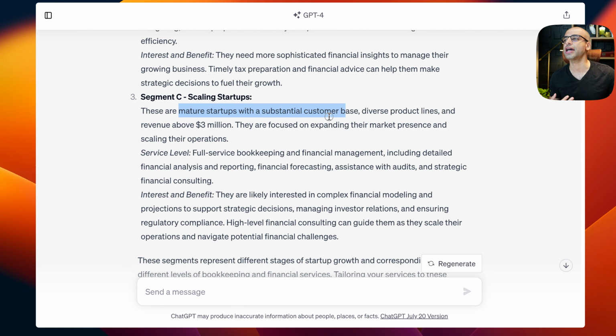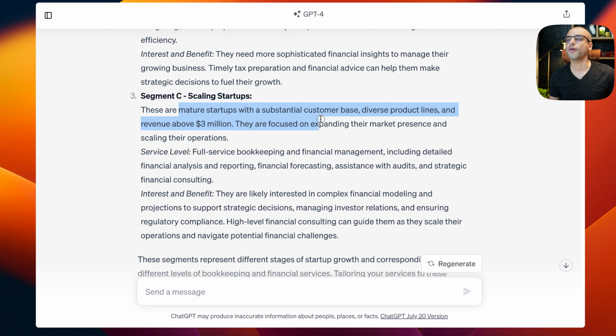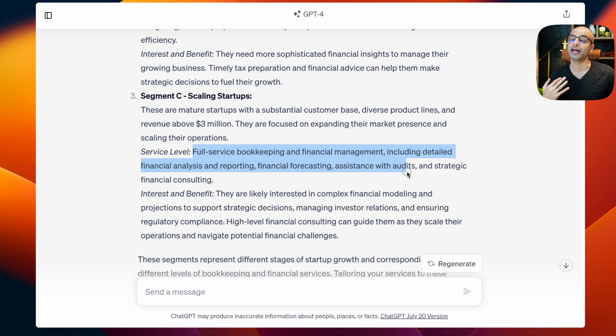base, diverse product lines, and revenue above $3 million. They are focused on expanding their market presence and scaling their operations. So the service level is full service bookkeeping, financial management, including detailed financial analysis, reporting, financial forecasting, assistance with audits,